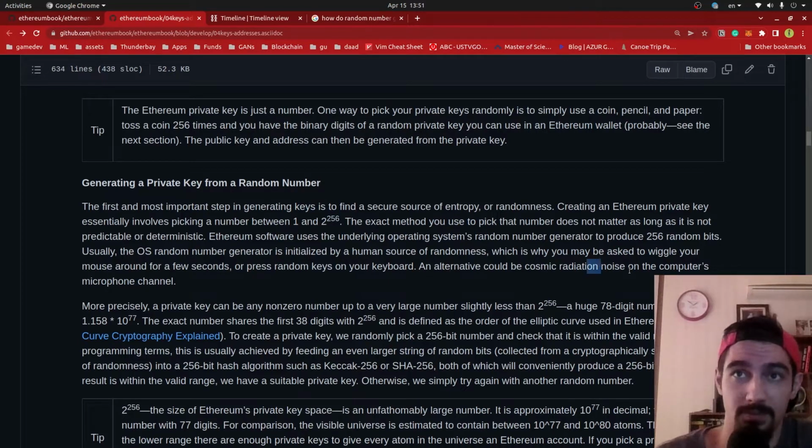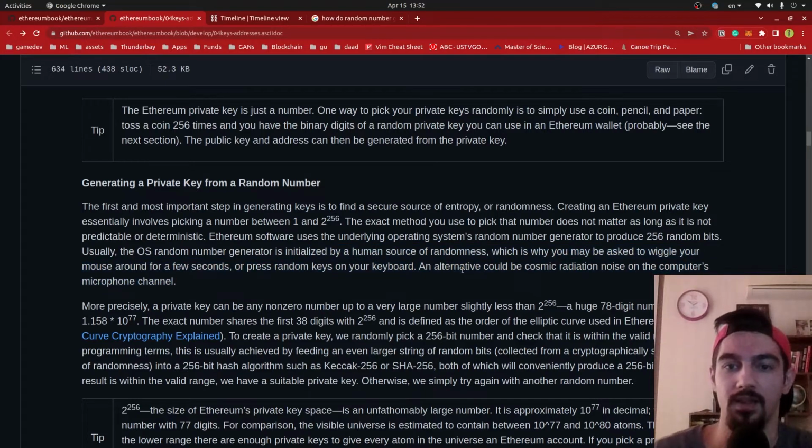Like cosmic radiation noise, if you want to detect it at some point in the universe at the exact same time, you can actually do it because it's deterministic. You find it and you use that as a random value for your private key generation, but it's not random. So randomness doesn't really exist.